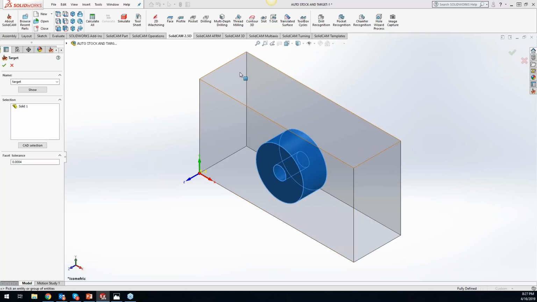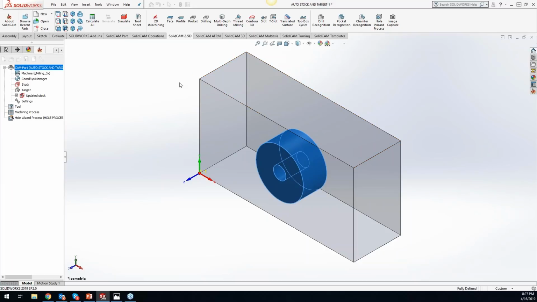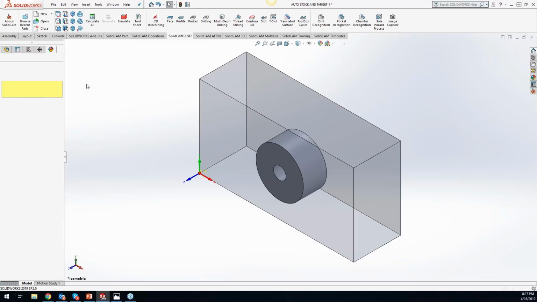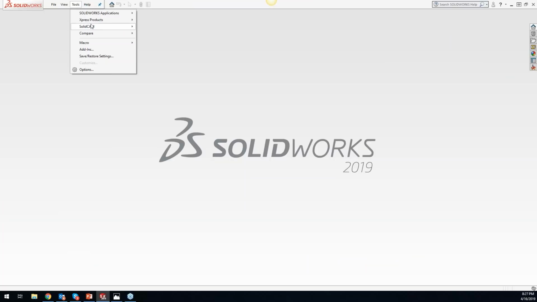This outside face right here is our stock. So from right there, after you put your coordinate system on there, you can just hit the green check mark and it will tell you the difference between the two. They also added in there, I forgot to do this on this part, but I'll show you,